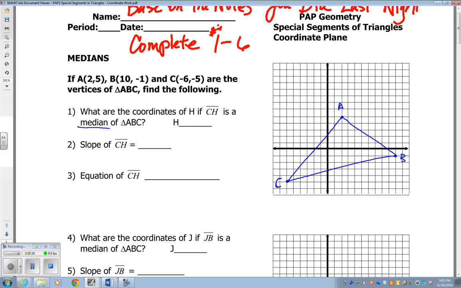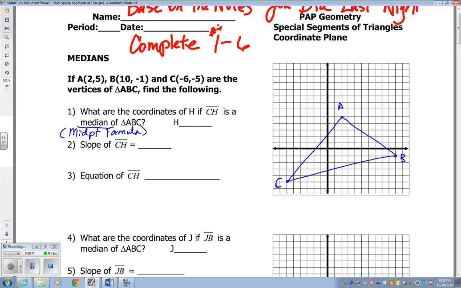Anyone know what's special about a median? Or the definition or what it means? Yeah, so it has to go through the midpoint. So because it goes through the midpoint, you could use the midpoint formula to find that coordinate. But you could also just use your graph and use spatial reasoning to find the coordinates